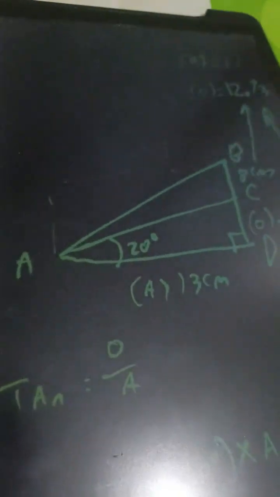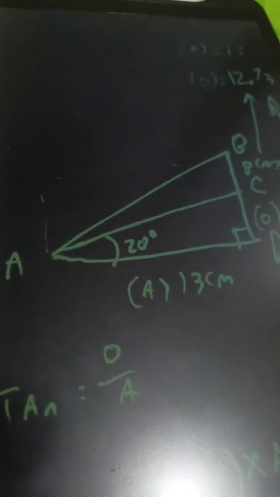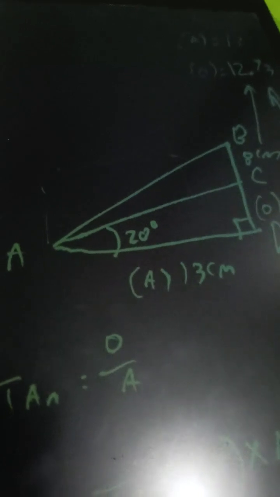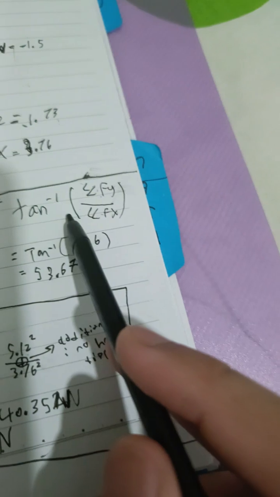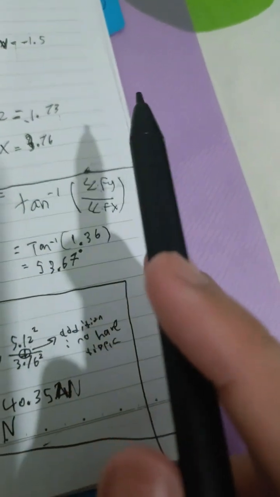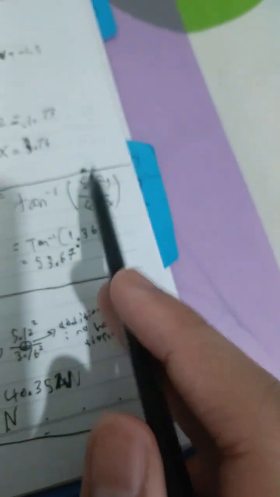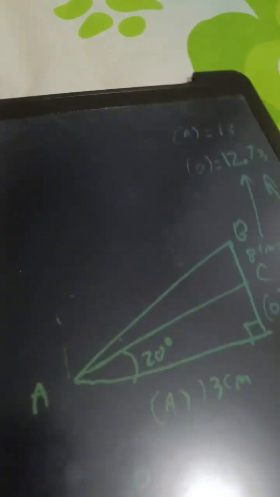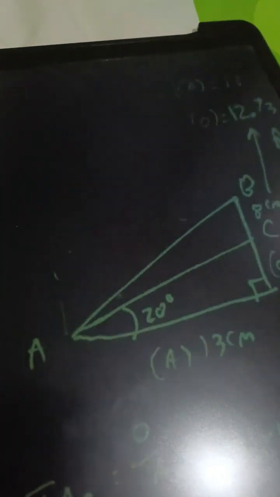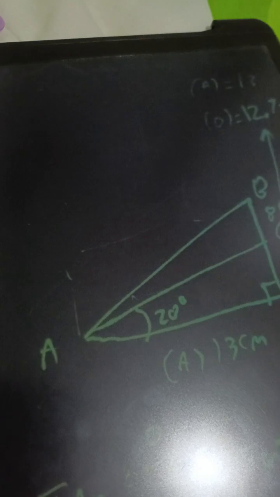How do we find the angle inside? That's going to be pretty difficult. Remember what we told us? Tan minus 1 equals O divided by A. Why? Well, because we only have O and A. We don't have H. We're just trying to find the angle inside, so we do tan minus 1, and then this